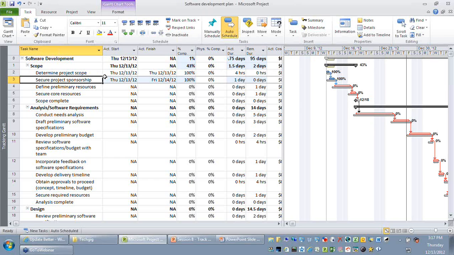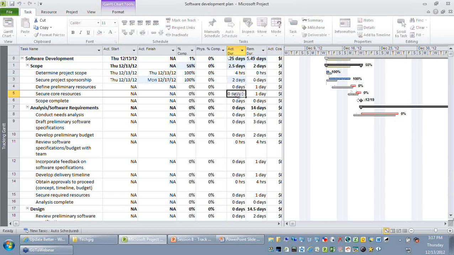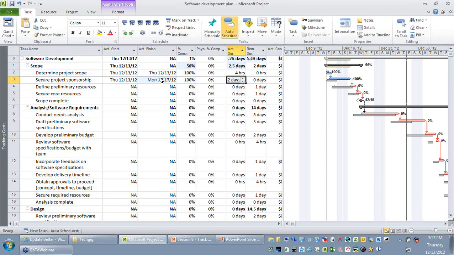So here in both the cases, we are assuming that you have consumed the same amount of time that you have estimated. But let's assume that for secure project sponsorship, you have taken more time to complete. You can go to the actual duration column and just revise it to 2 days. The moment you set it to 2 days, the actual finish gets updated to a later date, and you can see the successors of all these activities are automatically pushed to a later date.